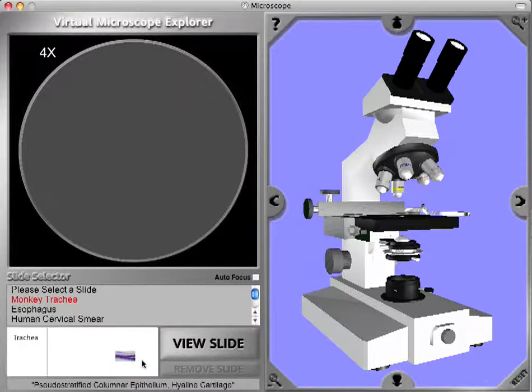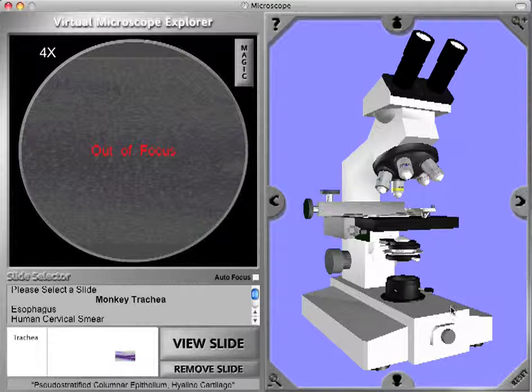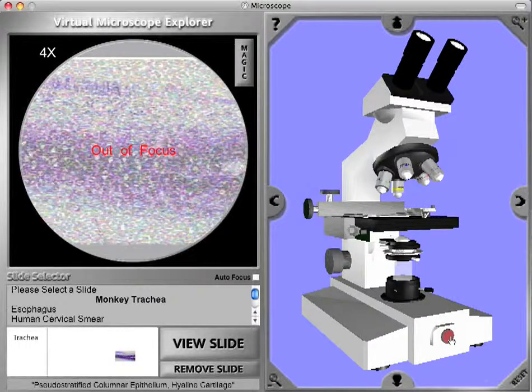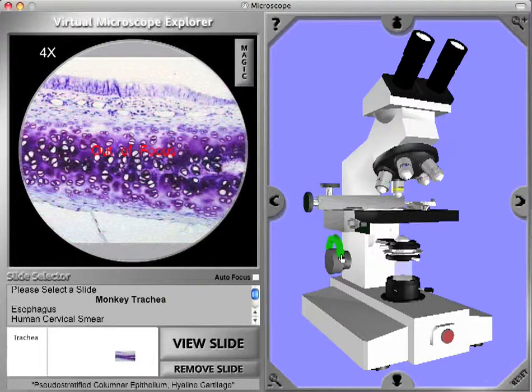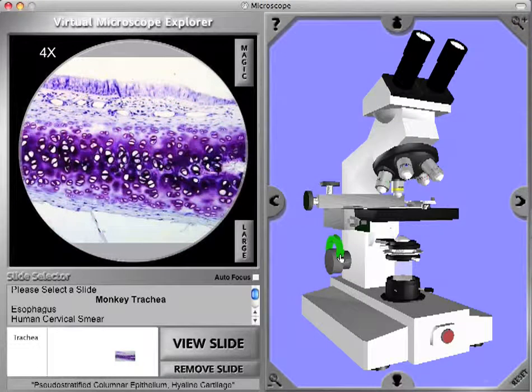To load the slide onto the stage, we click View Slide, and the slide flies out of virtual space and locks onto the stage. And just like a real microscope, we have to turn the light on by clicking on the power button at the base, and focus the microscope by putting the hand on the focus knob and simply mousing down. Now, when the specimen comes into focus, we can view the magic mode, which shows labeling of salient